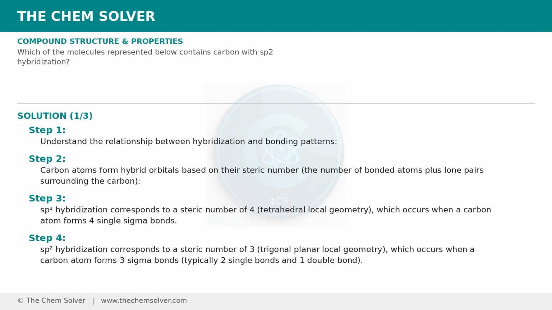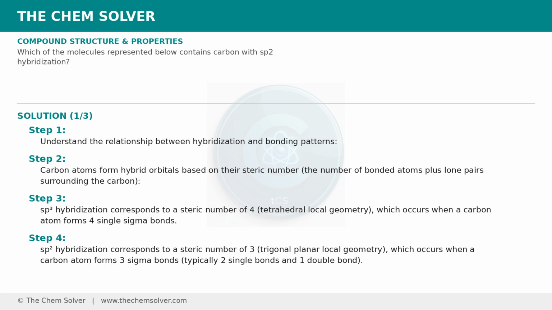Understand the relationship between hybridization and bonding patterns. Carbon atoms form hybrid orbitals based on their steric number, the number of bonded atoms plus lone pairs surrounding the carbon. sp³ hybridization corresponds to a steric number of 4, tetrahedral local geometry, which occurs when a carbon atom forms 4 single